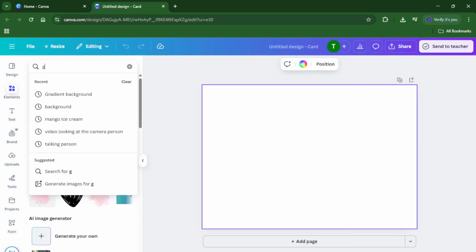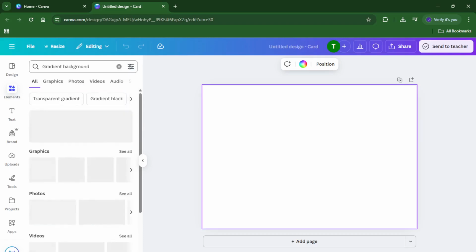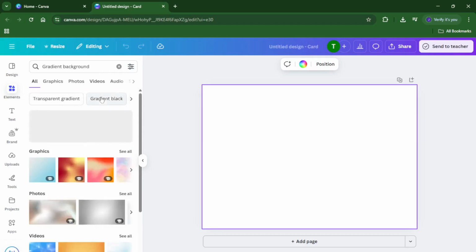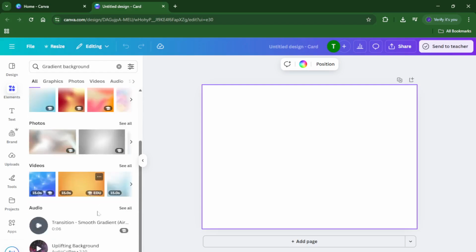Gradients are awesome because they blend two or more colors for a subtle, modern effect that instantly gives your brand board some personality. You'll see a variety of gradient backgrounds appear, different colors, styles, and intensities. Take your time browsing, choose one that catches your eye but also fits the vibe you want for your project. If you're not sure what fits, think about your brand's primary colors or the mood you're going for. For example, a gentle blue and white gradient can feel calming, while a bold orange to pink can give off